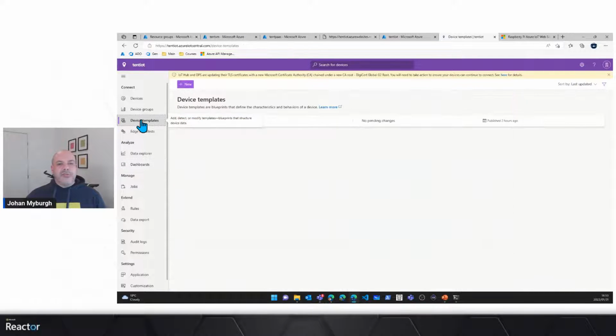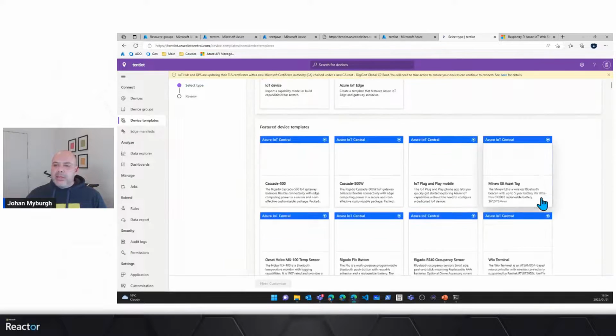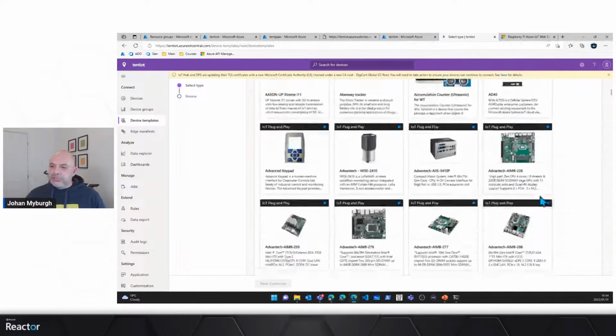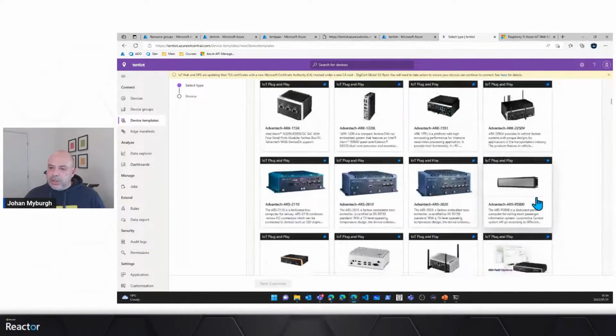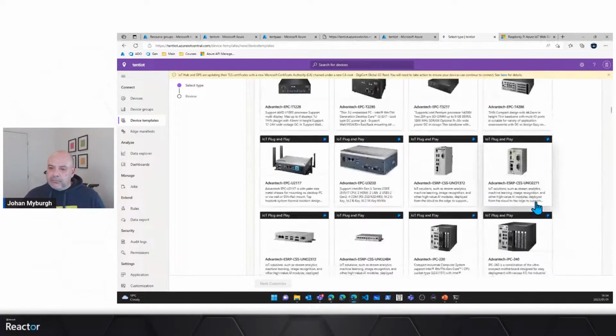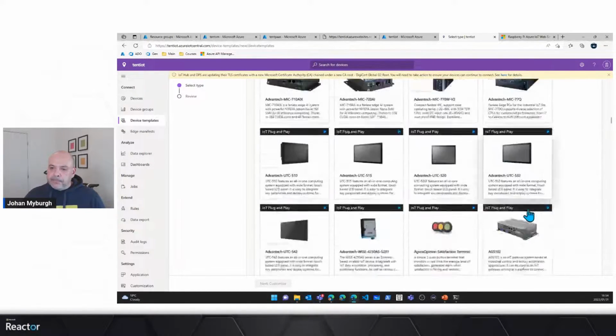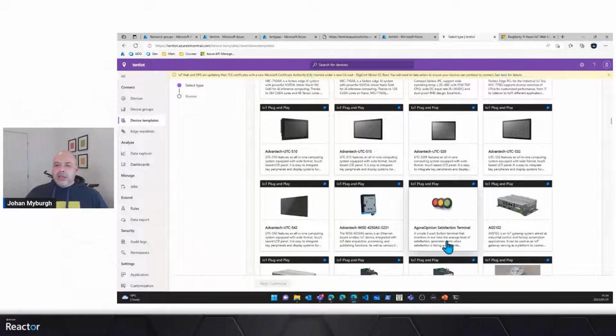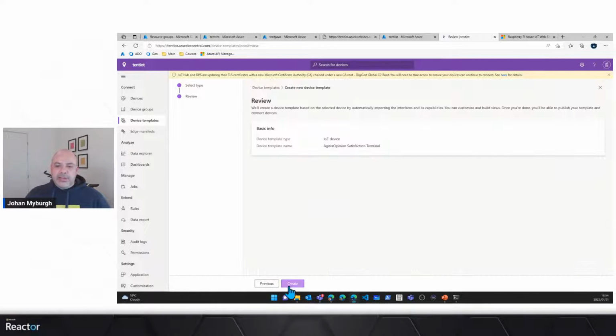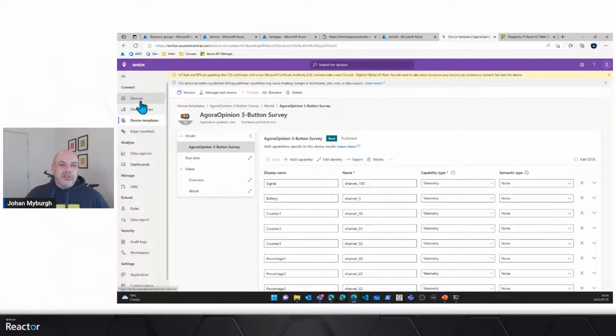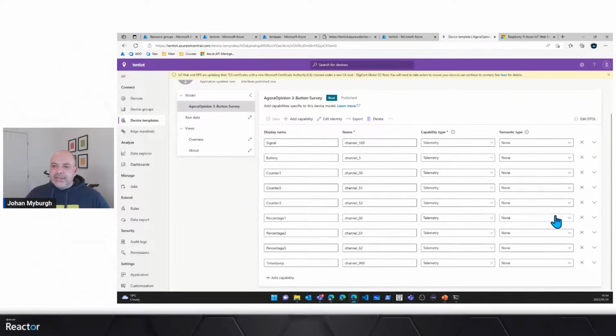If I go to device templates, you'll see I can click on the new button there, and if I scroll down a section, let's use some random one. Where's a good one? Let me just quickly check. There's a good one, the Agora option satisfaction terminal. I can hit next, review, and hit the create button, and this will essentially allow me to bring devices